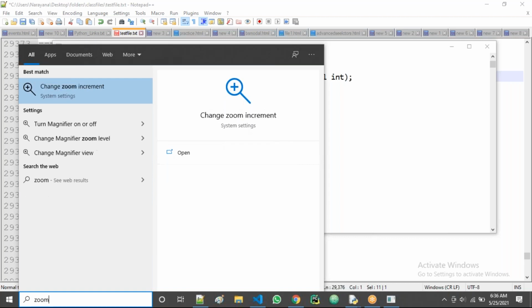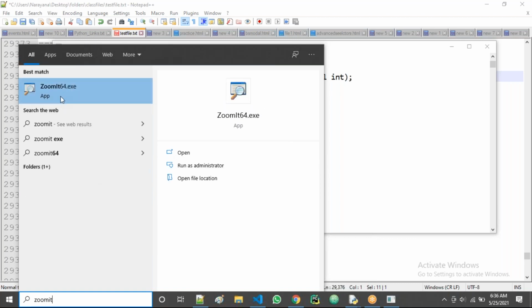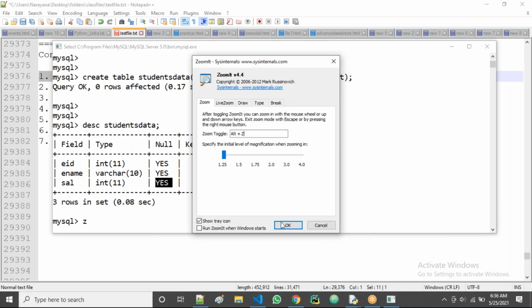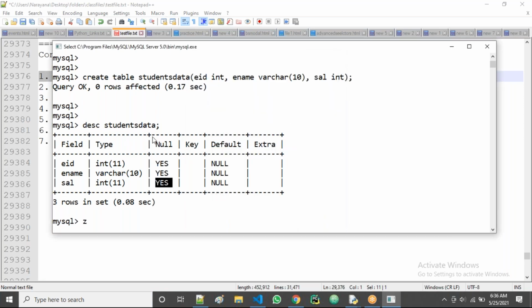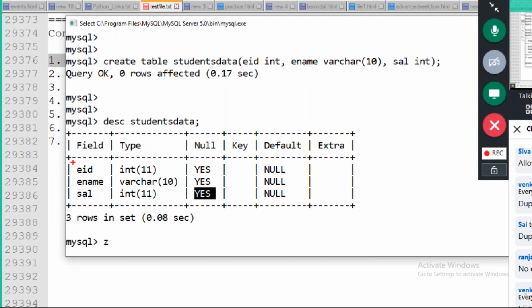It means that by default, every column allows null values. EID allows null values, ename allows null values, salary allows null values. That's a point you have to remember.